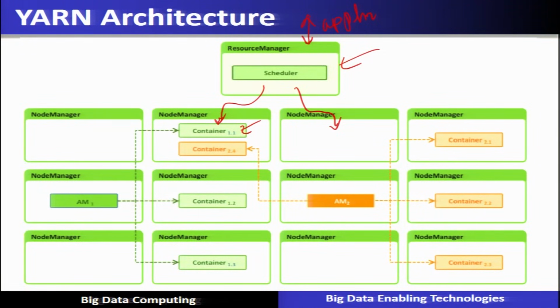Whenever resources are required by an application, it has to go through the resource manager. The resource manager knows and allocates the resources to the application with the help of the node manager, and the node manager allocates the resources in the form of containers. So a container is the basic resource allocated to different applications, which are managed internally by every node. Every node has a node manager, and these resources are allocated and reclaimed with the help of the centralized resource manager in YARN.